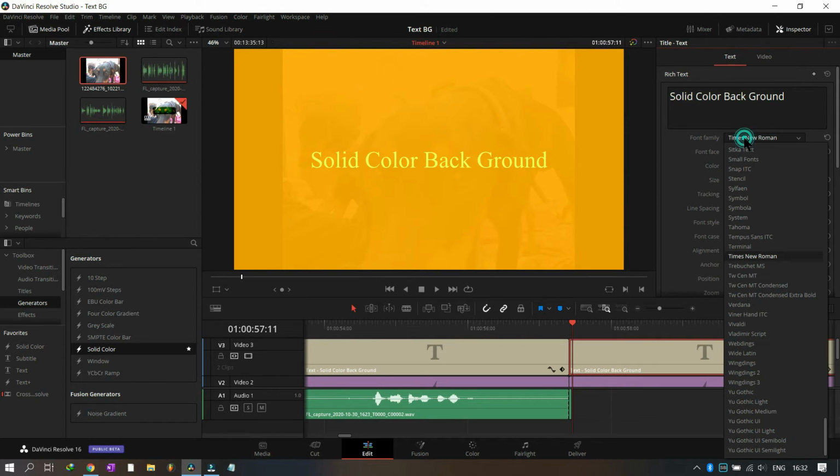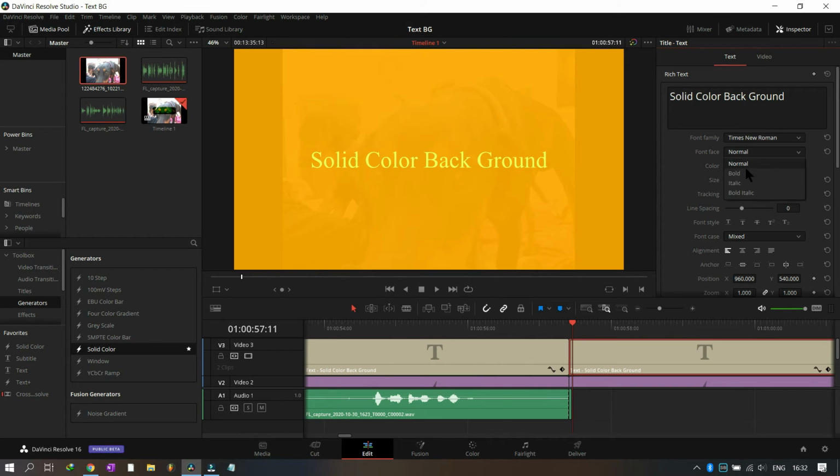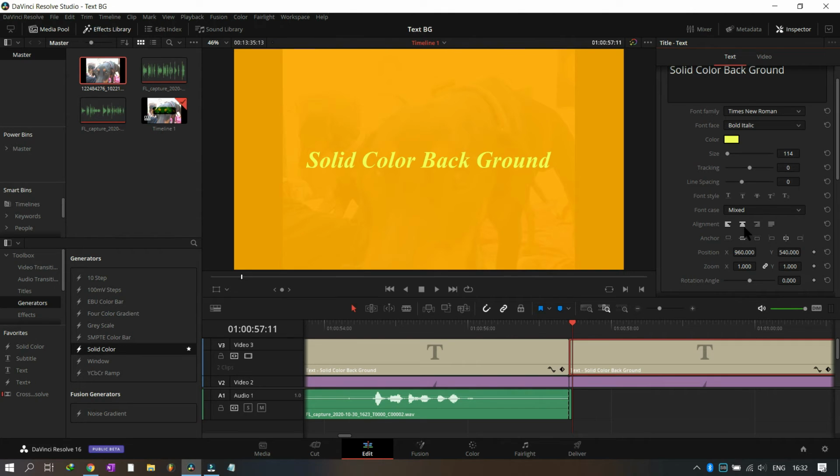You can select various fonts from here, but we will not change that. And from normal you can go to bold, or you can go to italic or bold italic. So we'll select bold italic. Okay, then if there are multiple lines, you can space them. Then font style you can change. Okay, underline or line above, we don't want either of them. And you want the font to be centralized or to one side, towards right align, left align, whichever you want.